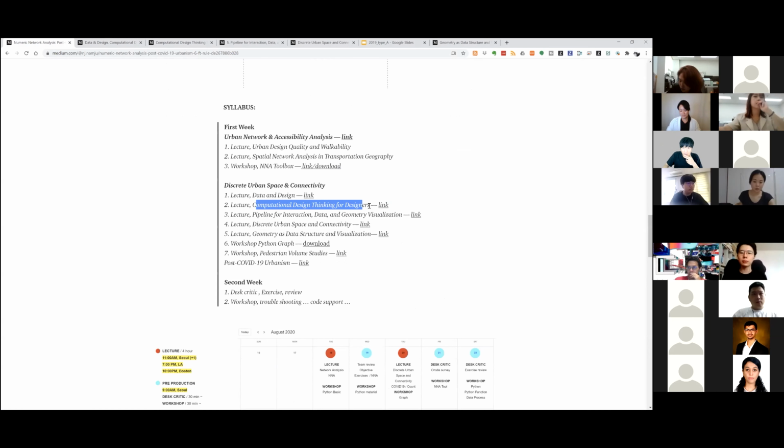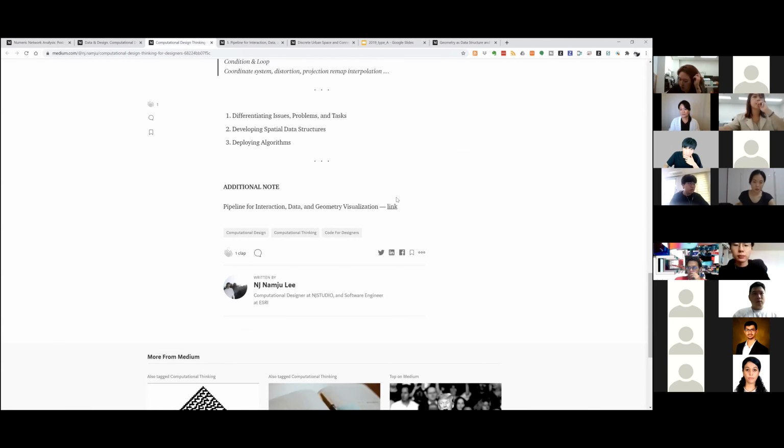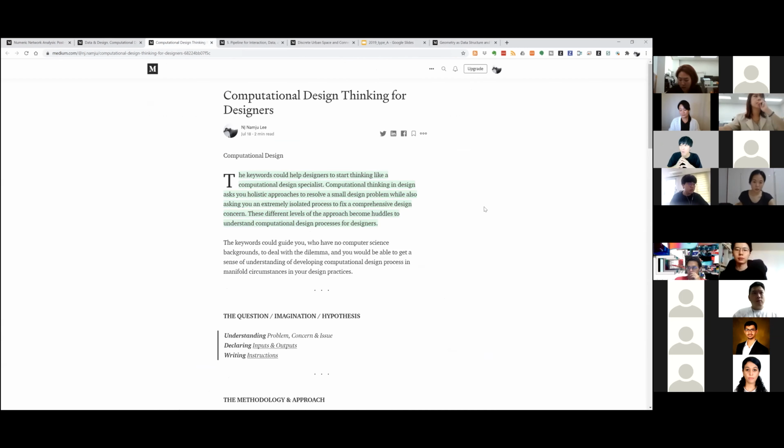Computational design thinking for designers. Again, this is my opinion. Specialists have their own experience and their own definition. So maybe different people have different backgrounds, experience, and understanding. But here is my thought and experience that I would like to share with you guys, because Sumin asked me to share. Okay, I don't know, somebody highlighted something, I don't know if I'm missing something, like style or grammar. Anyhow, this is the reason I created this page.